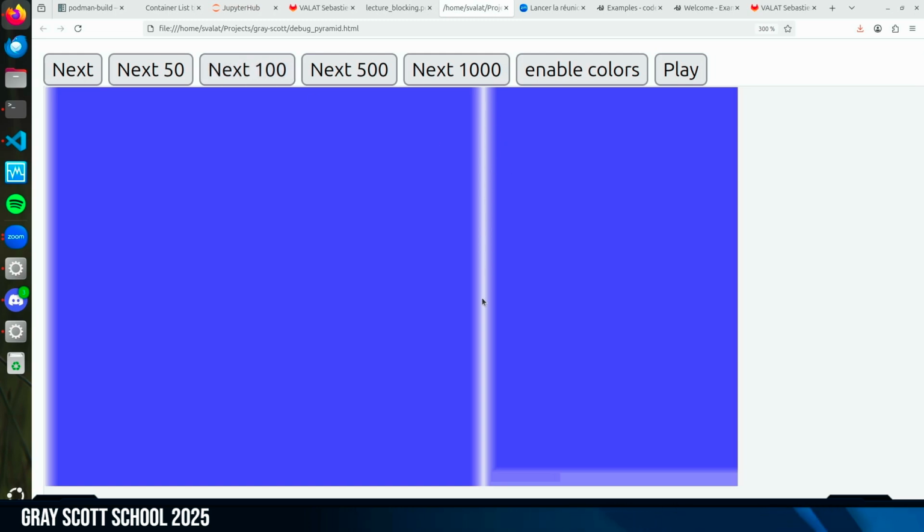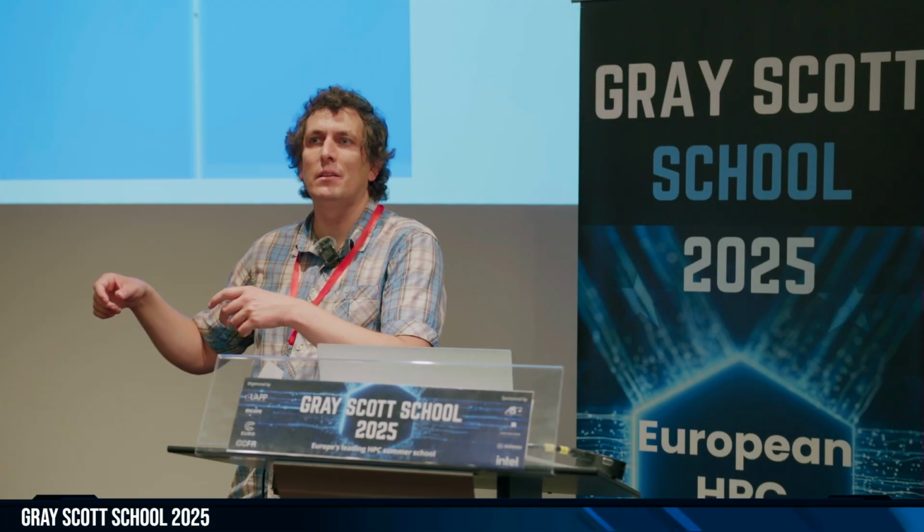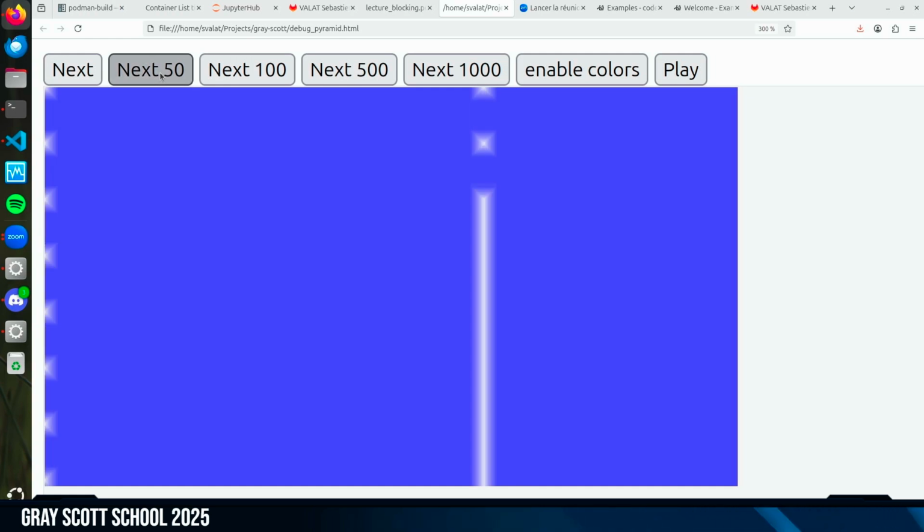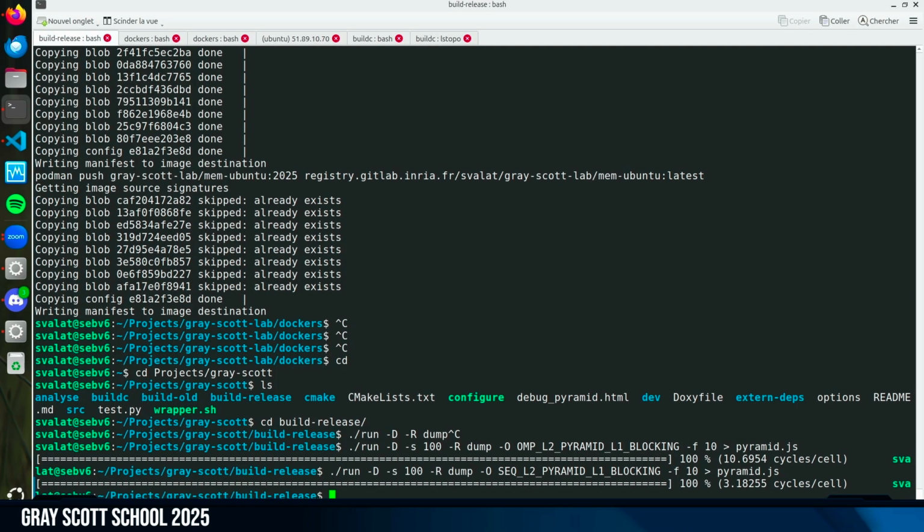The problem is due to the parallelism. If some threads have not finished computing, I cannot use their data yet. So I need to ensure that the phase is finished before making the next part. So it lets some holes, because if you want to be sure about the completion, you need to let those holes and solve them in a later phase. You have to make some drawing if you want to understand that. This four-phase part of the pyramid, if you want to do it in parallel, is a bit difficult. But yeah, that's the point. I can do it again in parallel if you want to see again.